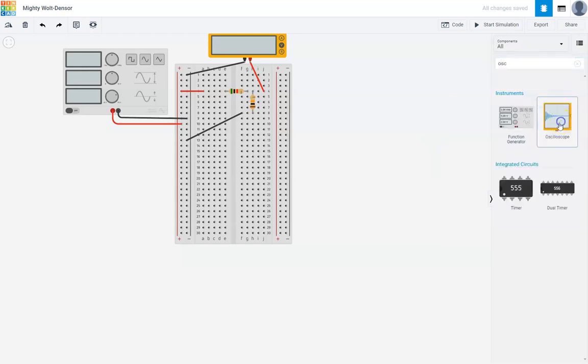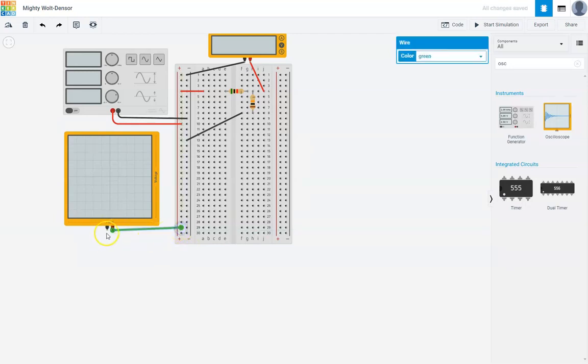If I say oscilloscope, I see an oscilloscope right here. What I'm going to do is set this oscilloscope to just show me what the input looks like. So I'm going to connect my oscilloscope across the terminals where the function generator is supplying, right? The function generator positive is to this red bar, so let's connect that red bar to the red part of the oscilloscope. And the function generator negative is connected to my black power bar, and I'm going to measure that using the black wire on the oscilloscope as well. Now if I hit simulate,